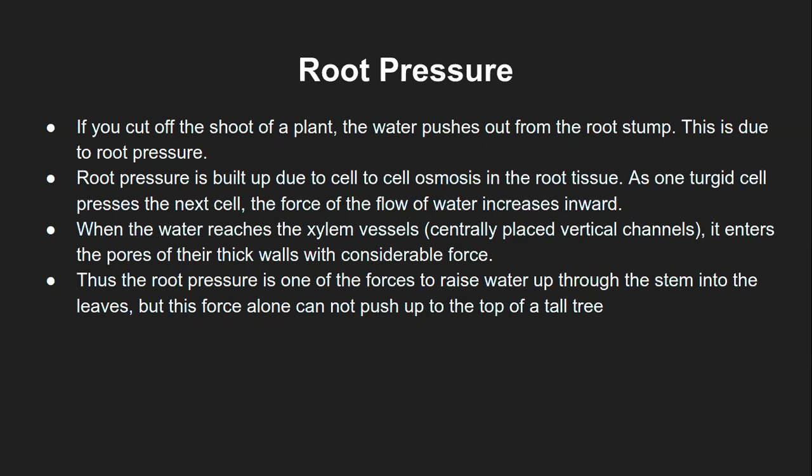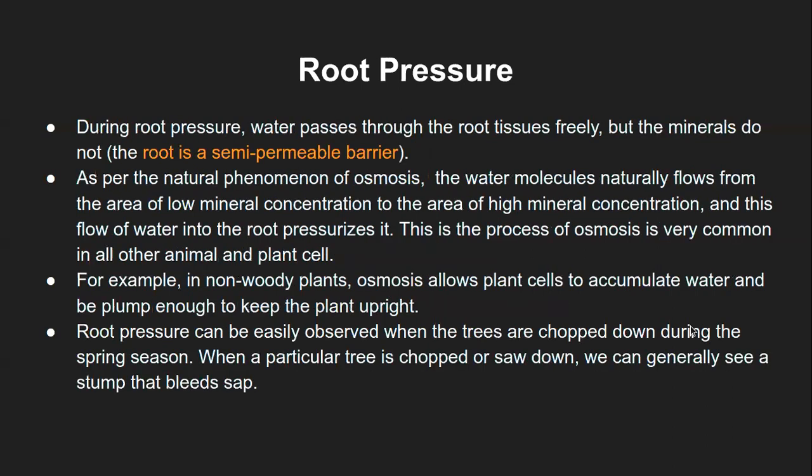Transpiration loses water. So the moment it loses water, it creates a suction force so that more and more water can be pulled upward towards the leaf. The root pressure is pushing it upward, and the transpiration pull is also pulling it upward. So both ways, the water can reach the topmost part of the tree. I guess we will see this phenomenon again in the transpiration chapter, but here I just gave you the brief idea.